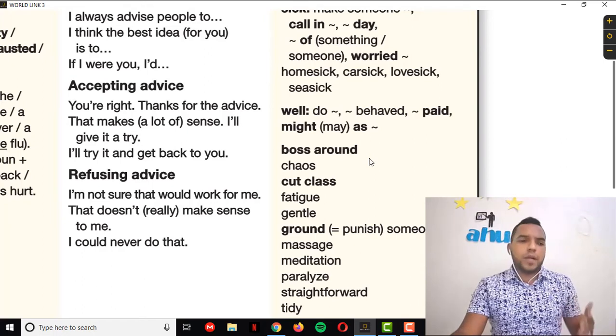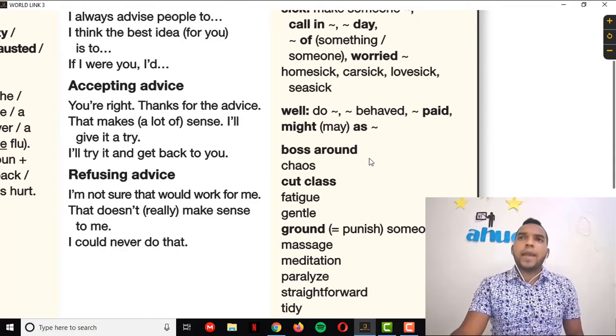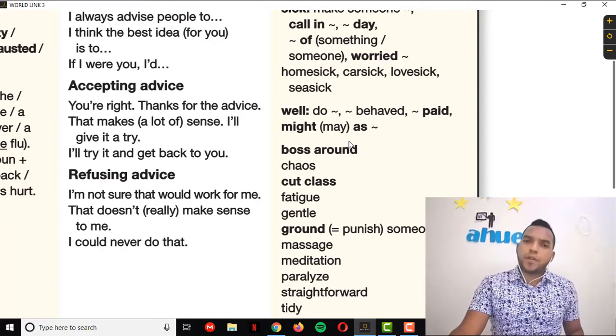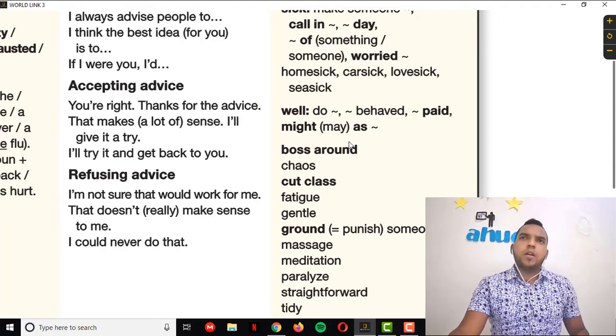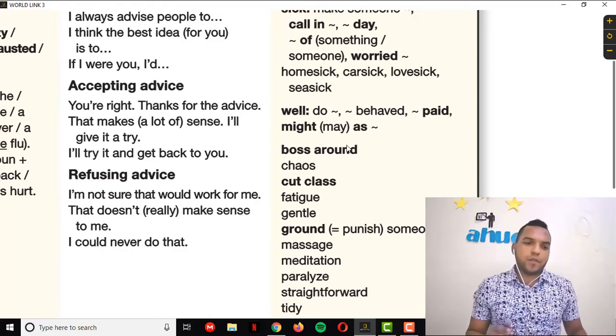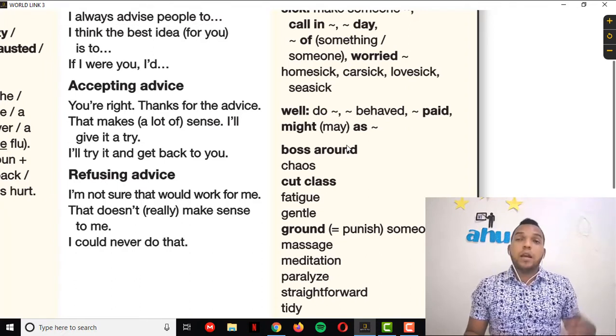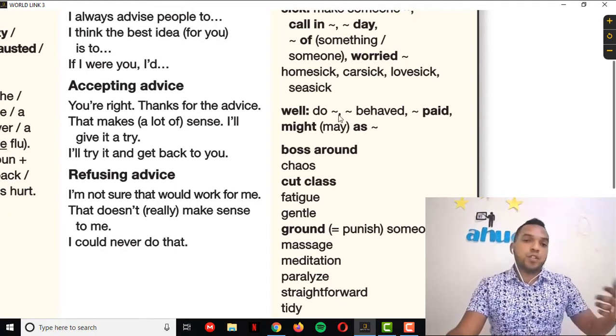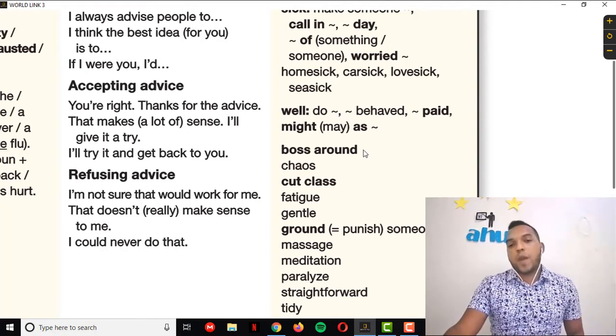When you are actually doing something and you say, well, this morning I'm going to go to the gym, and another person says, but you may as well go to the church. So it is like you can also do this, you could do this. It is something like a possibility that they are talking about. You might or may do this. Go to the church.